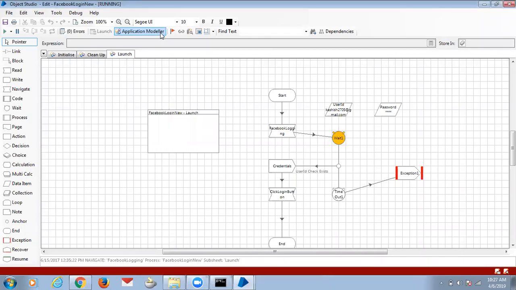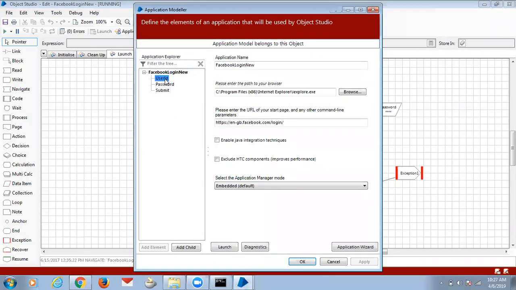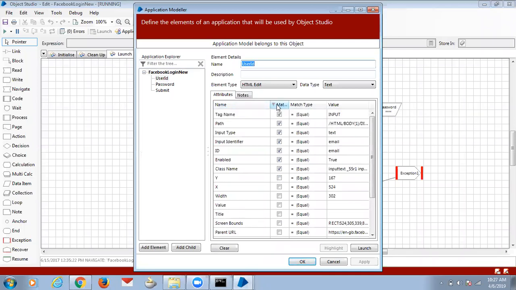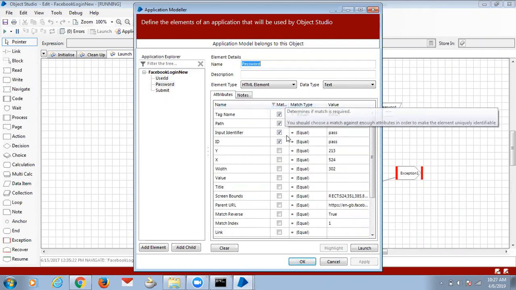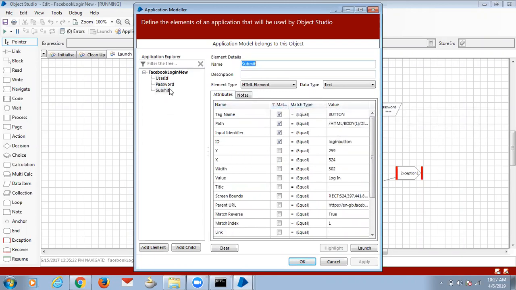I'll check the element once. I want to check the parent element. Apart from that, I want to check the fields having the value as null, empty values. Yes, she's fine.